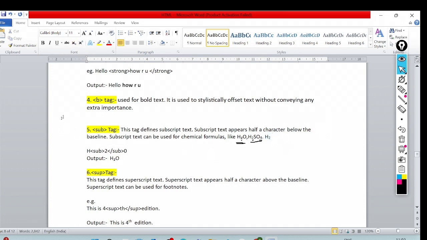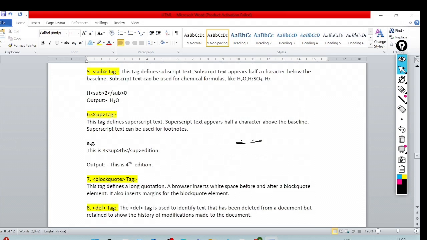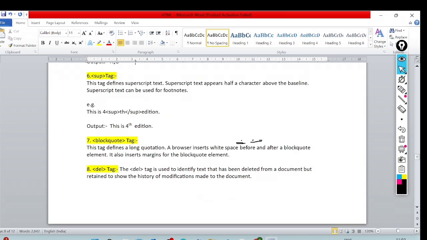But for HTML we will use the sub tag. So whatever you want to define in the base, you will mention in the sub tags. The sup tag means superscript, if we want the text to appear above the baseline. Like fourth, addition, these are ordinal numbers which are defined in superscript form.